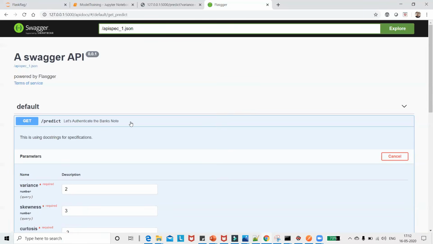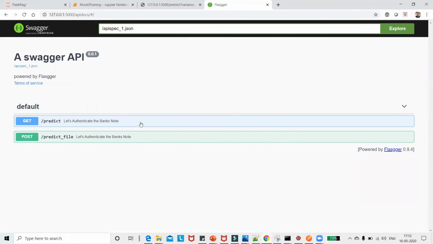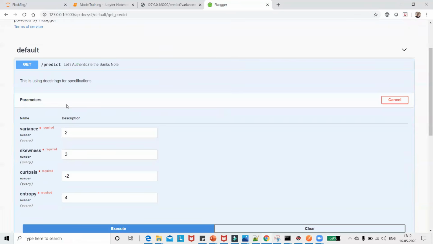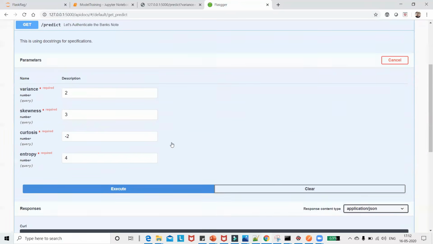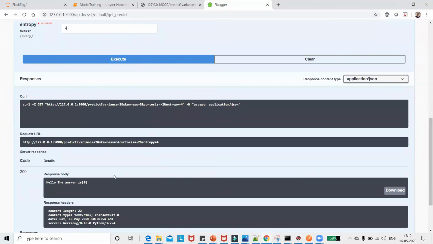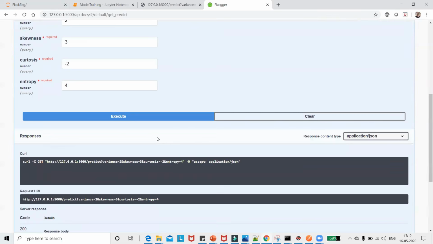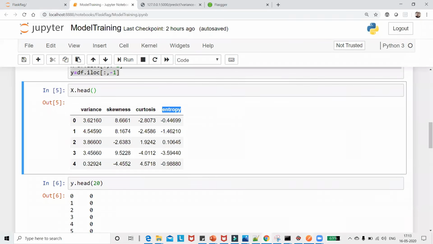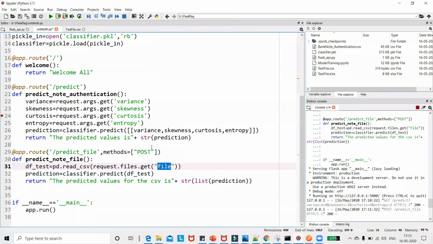We will be trying to create a front-end application, because we are basically not front-end developers, right? So with the help of Flasgger, we will be able to create a front-end UI, a simple application where we can give our values like this, execute it, and then see the output. This will be shown in the next video, but I hope you have understood how we have created the APIs in a much simpler way.